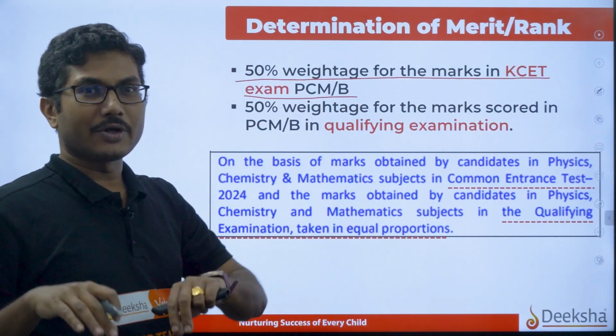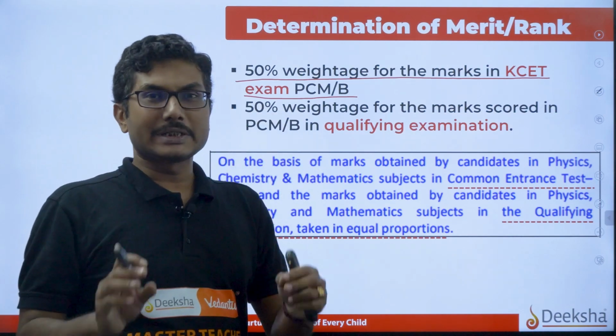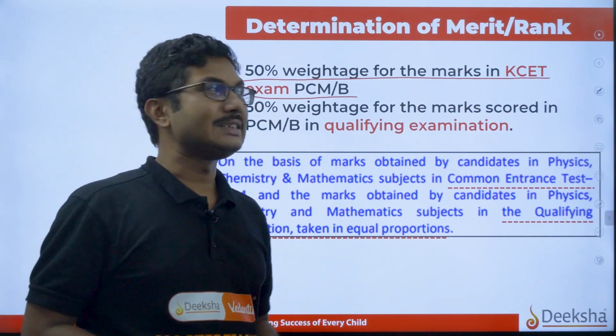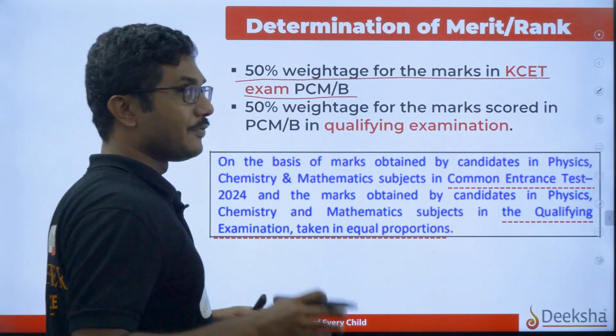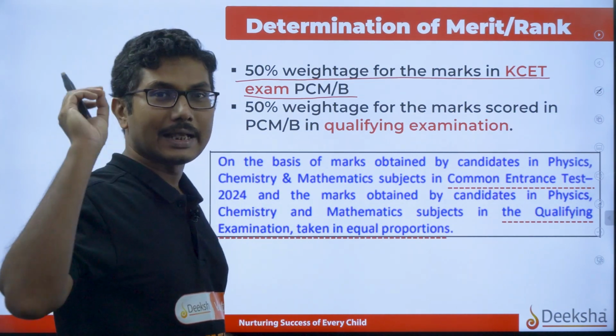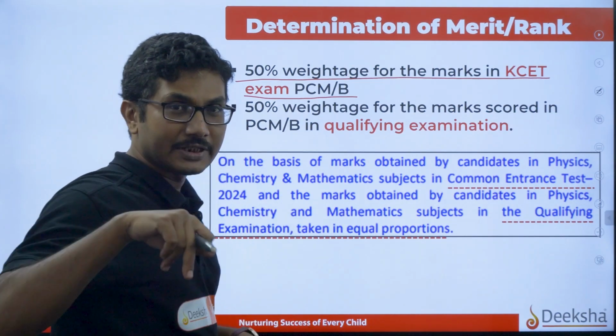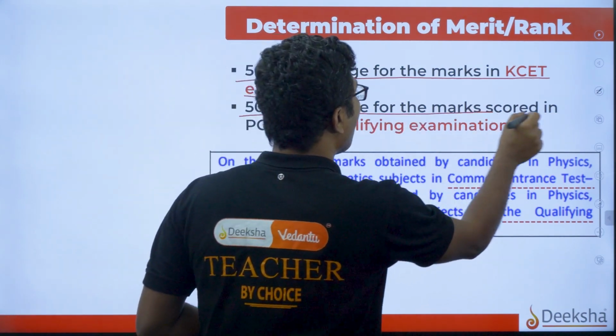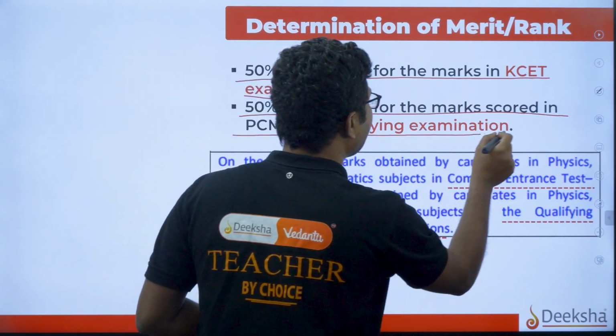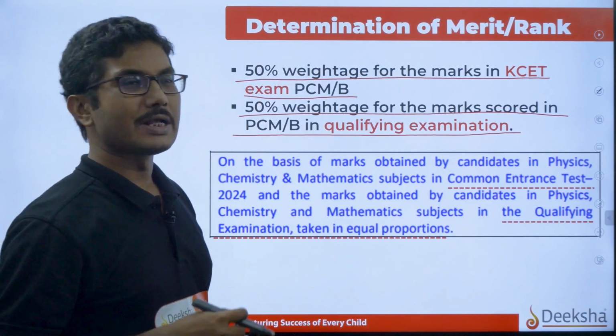Whatever exam you are writing, only 50% is taken from your KCET exam, except agriculture. Agriculture has a different metric. If you are interested in agricultural science, I can explain that in detail, mention that in the comment below. 50% weightage is for the marks scored in the PCM qualifying examination,